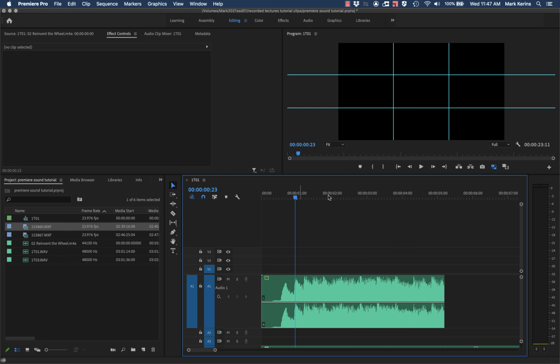One other thing you should pay attention to is over here on the right, you have these audio meters that are just showing you the overall volume of your whole project. And you just want to keep an eye on this and make sure, A, that it's not clipping off. So if I pulled this way up here,